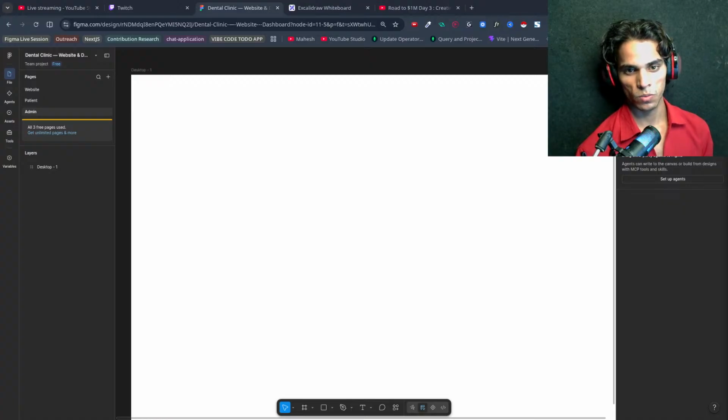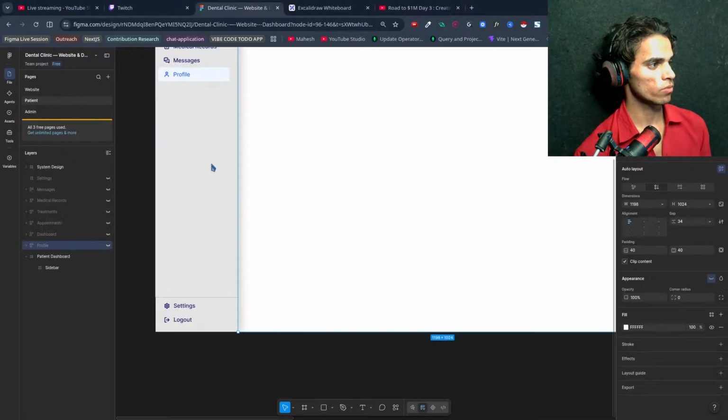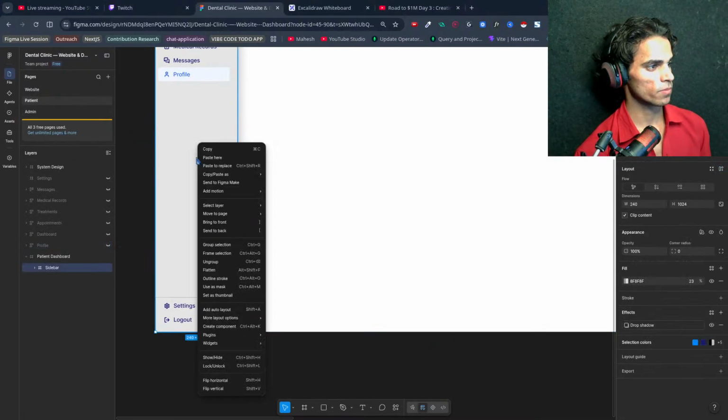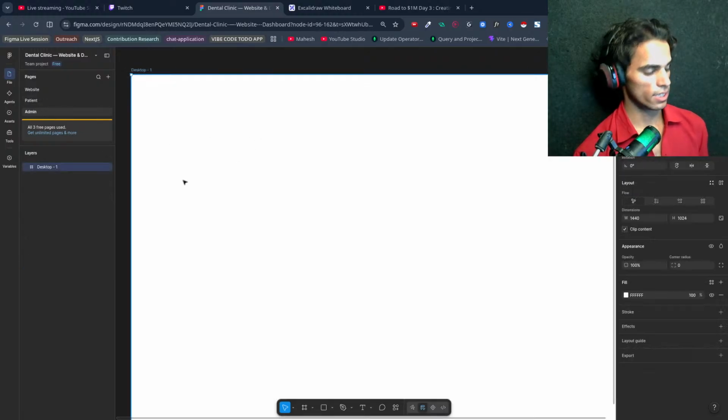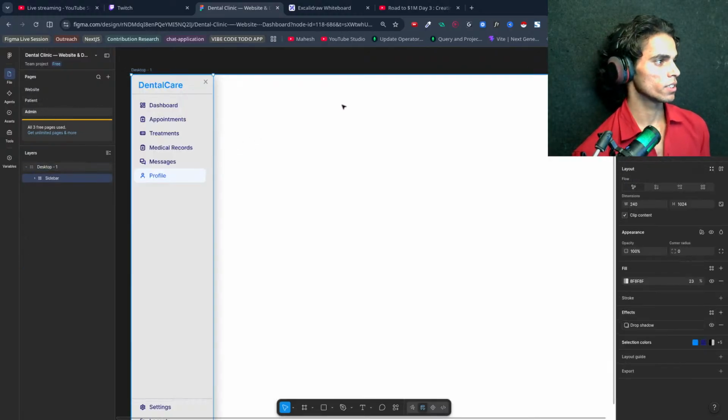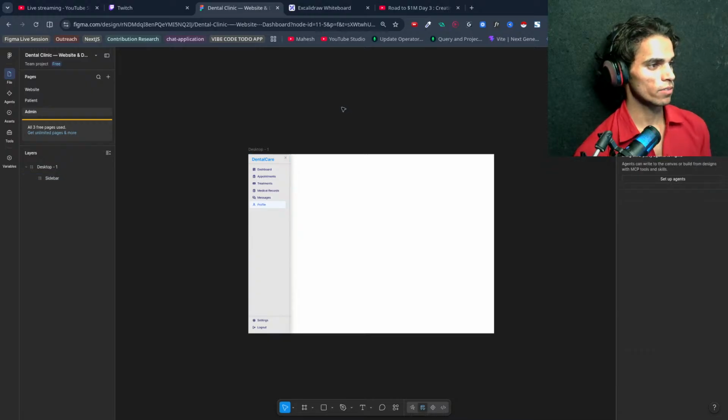Now I'm talking about the admin page, where we will have dashboard, appointment, patient, doctor, treatment, messages, and then settings and logout. Same thing here. So let's build this sidebar first. What I will do is copy the sidebar from here and add it here. This is the sidebar we need.